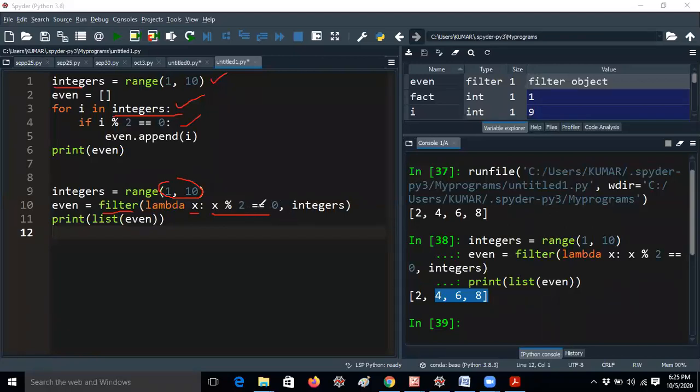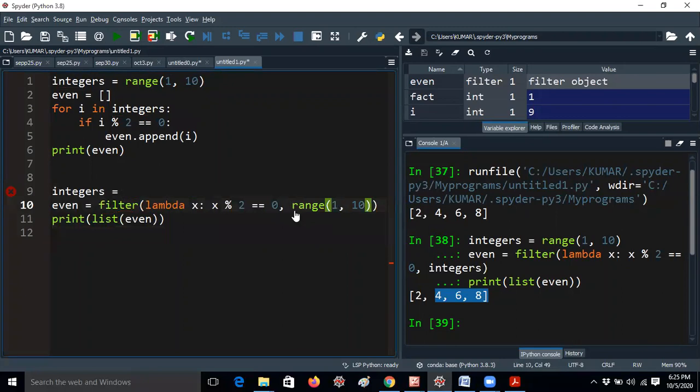But 1 modulus 2 is not at all equal to 0, that means that will not be printed. Okay, so these numbers will be taken into consideration as the x values. So this is the way the program works. So let me remove this line, and I am directly giving the range of 1 comma 10 here. I am removing integers here. So here the for loop is not required, and the if condition is also not required. You can print in 2 lines, you can print in 1 line also, even is also not mandatory. You can just copy this code and paste it here, it will also work, guys.